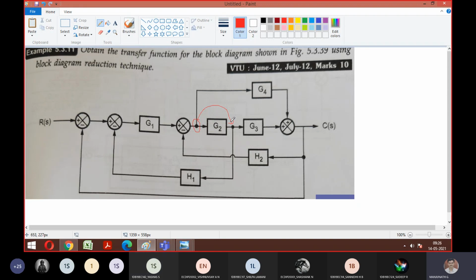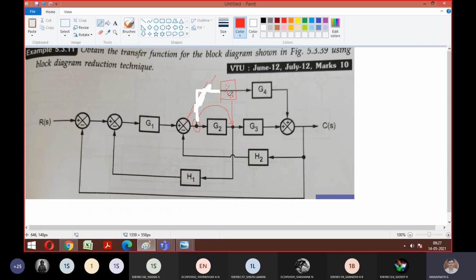So if I move this here, what is the thing I should do? I should multiply with. It's like the 1 by G concept, right? If you move it, 1 by G means I should multiply G4 with 1 by G. So in general, it is like 1 by G2. Once you make 1 by G2, then you can write this connection here. So this is gone. Yes, sir. So we can remove this connection, right? So we are done with step number 1.